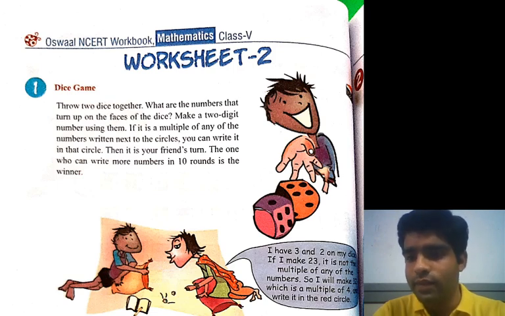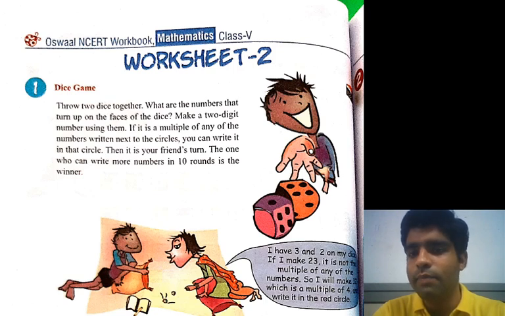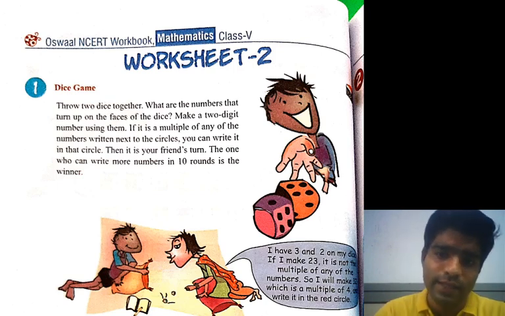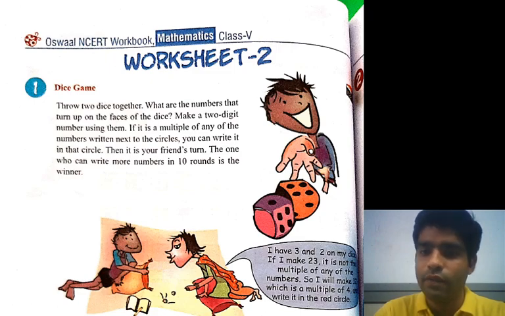Okay. Next, one example is also given. So I will make the 32. Okay, 32 is the multiple of 4. And write it in the red circle. For an example, you can also make up the 32. And 32 is a multiple of 4, because the 4 table has 4 8s are 32. Definitely you will write it down in the red circle. Okay. Now let's start from the next one.